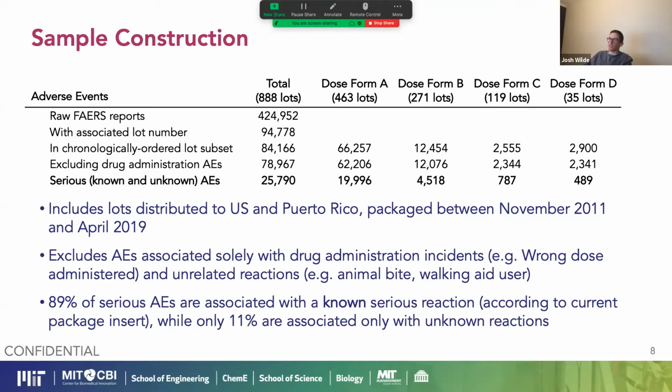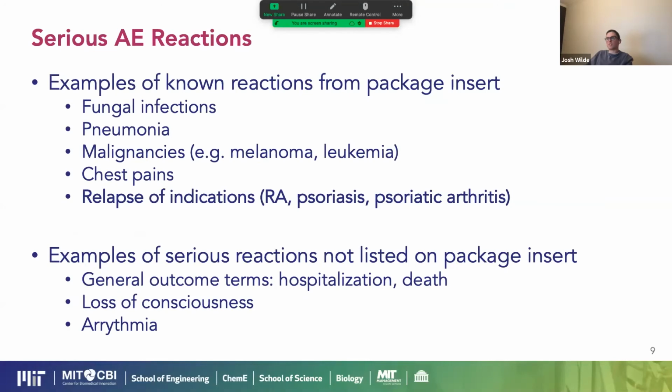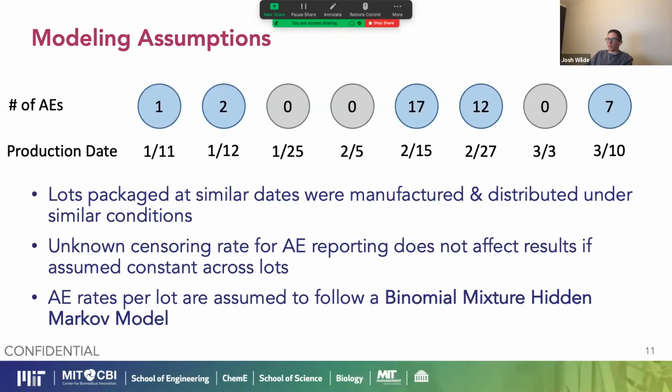I think anecdotally, we know that the vast majority of this product is produced in one manufacturing site. Okay, but we don't specifically know which lot was produced in each manufacturing site. This is the sort of additional structure that would be nice to be able to include in a more complex model. So basically, if I go here,